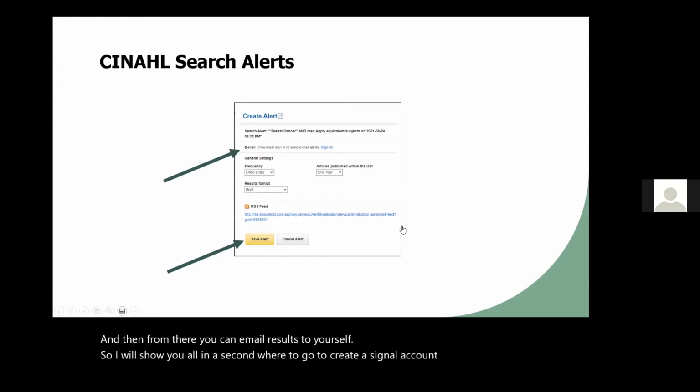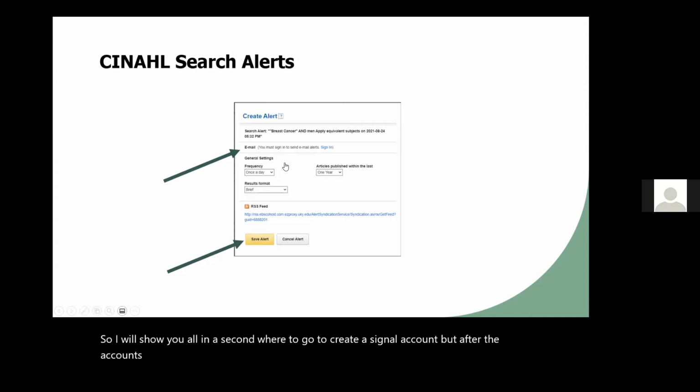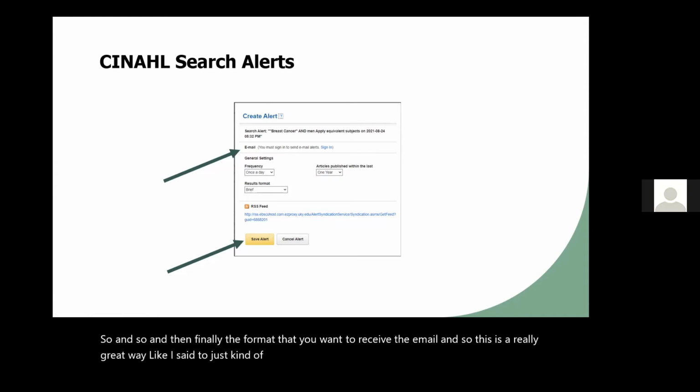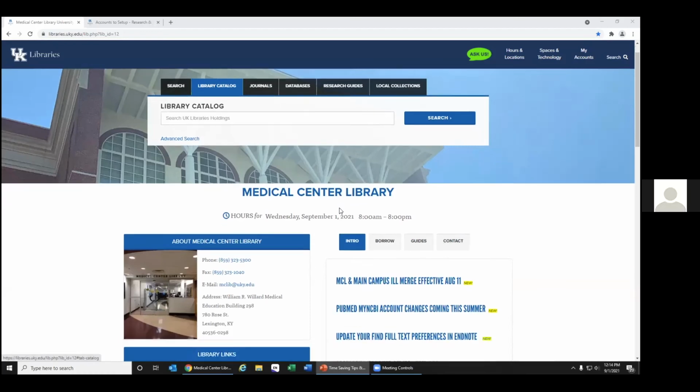But after the account's created, you kind of have the same features. So you have the frequency, the articles published within the last so-and-so, and then finally the format that you want to receive the email in. So this is a really great way, like I said, to just kind of stay on trend on a specific topic. So let me show you all